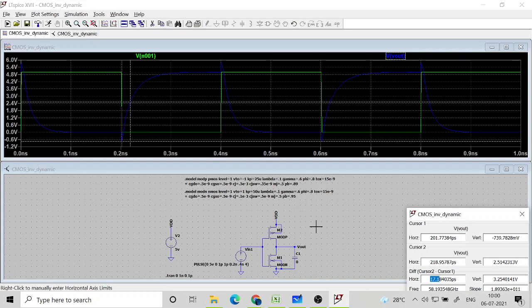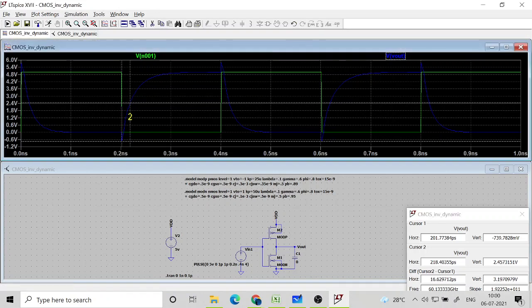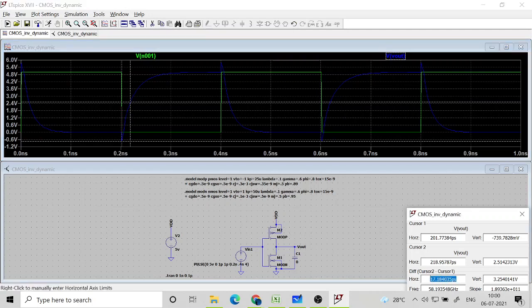This is 2.51, so it has to be slightly lesser. Earlier I think I got 2.50 as the height. 2.5 is the nearest I can go. So this is basically 17. The difference between the two cursors on the x-axis is giving 17. One is 16 point something and this is 17.1. So they are quite close. They are not double, they are almost the same. This is achieved by modifying your WN and WP.